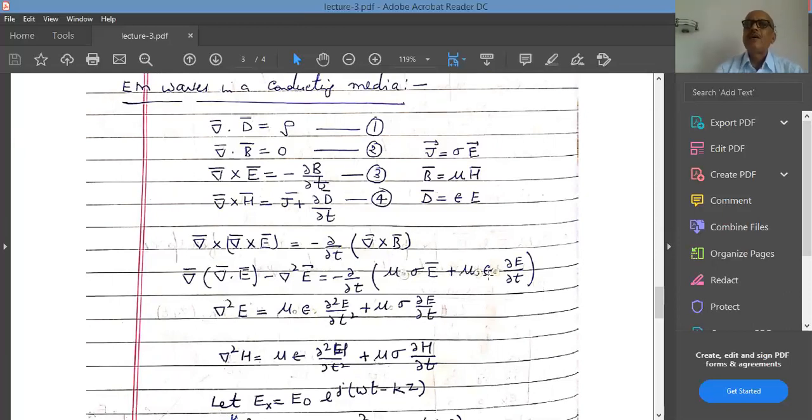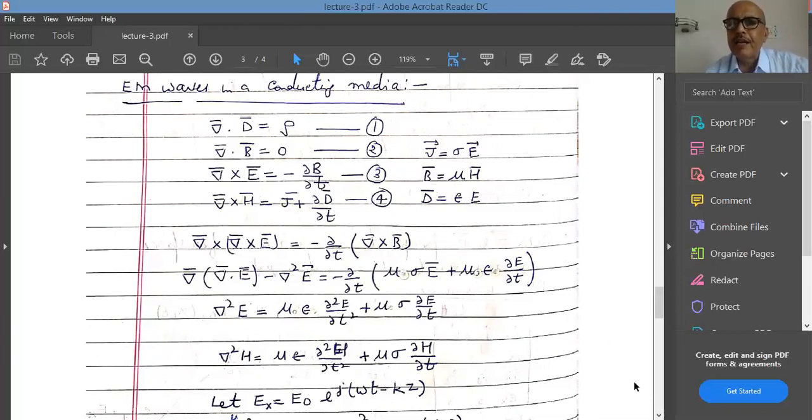So we can always write epsilon as epsilon 0 into epsilon r, and mu as mu 0 into mu r. That is why you can see that I have written B is equal to mu H, not B is equal to mu 0 H. That was the case earlier. Because here I can always write my mu as mu 0 into mu r. And similarly, I can write this epsilon as epsilon 0 into k, or epsilon 0 into epsilon r, where epsilon r and k denote basically the dielectric constant of a medium.